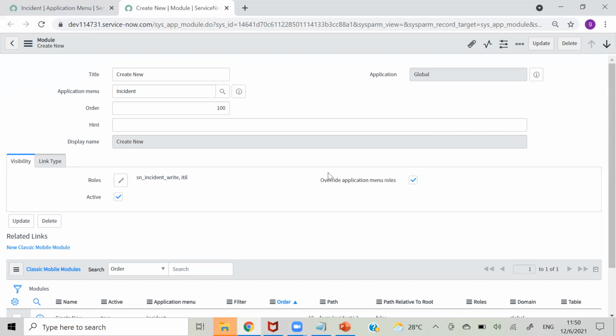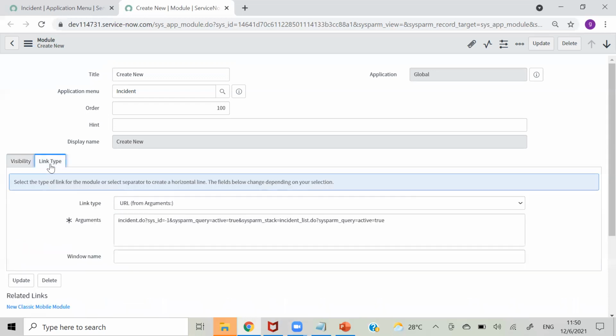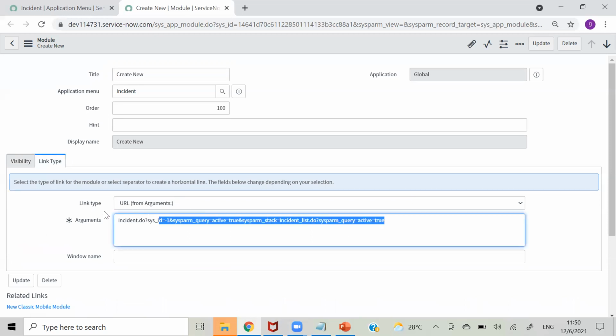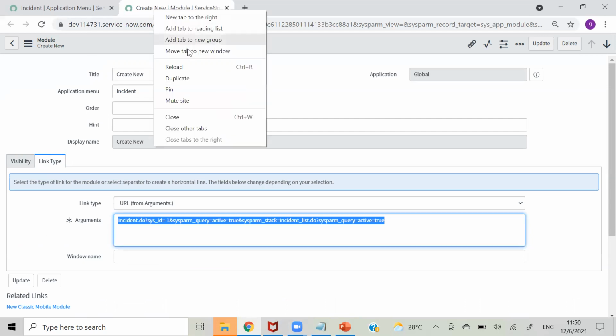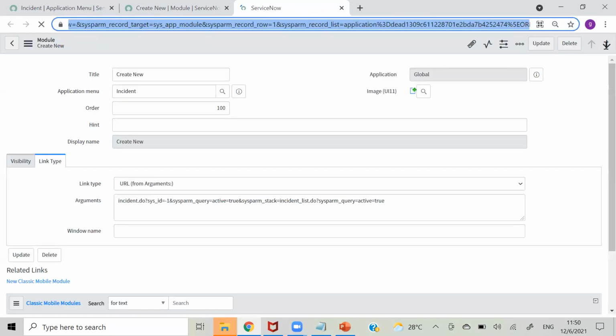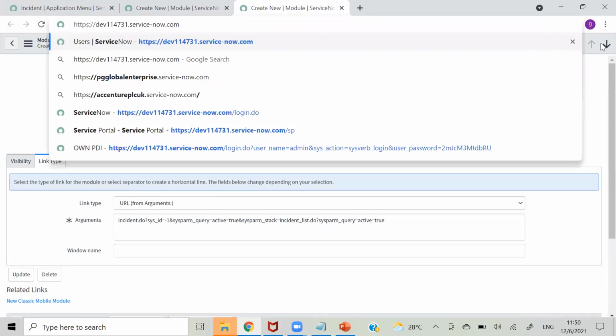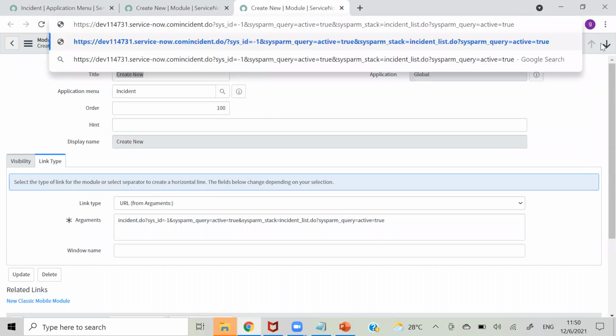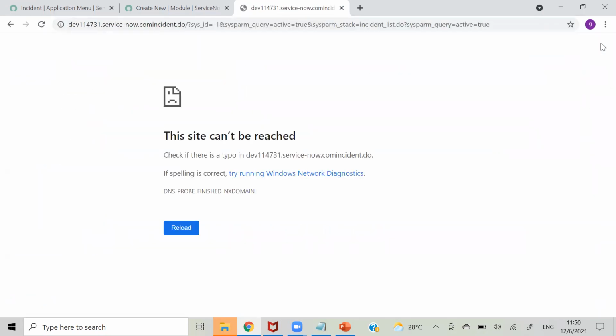So what is that? This is a module, but this is our application, right? If you want to override that, you need to tick mark this. And again, active or inactive. And this is if you want to provide a URL for it. So this will be your URL. I'm copying that for our purpose, and I will try to put that somewhere. I'm removing this, and I will try to give this one. Let's see if it works. No.